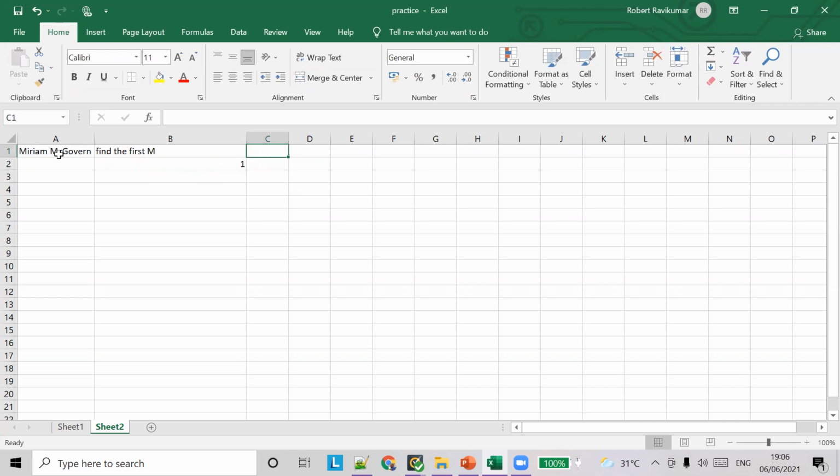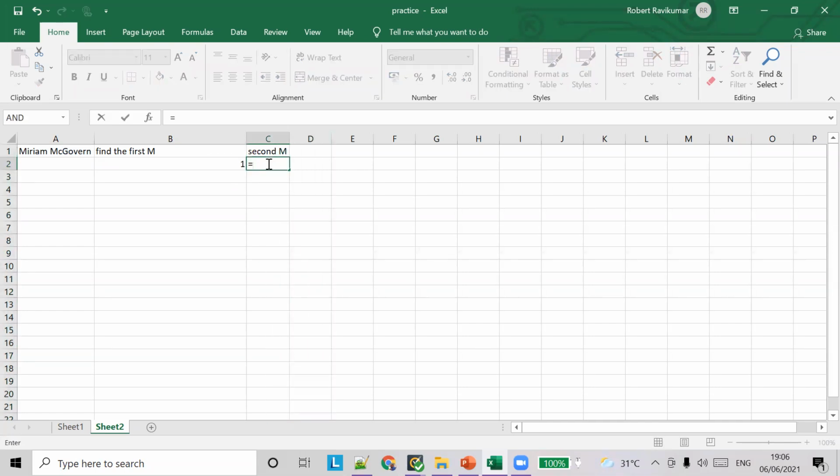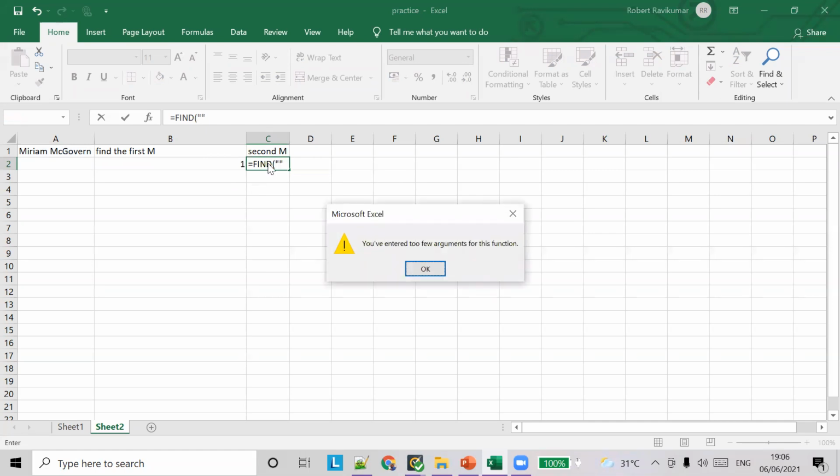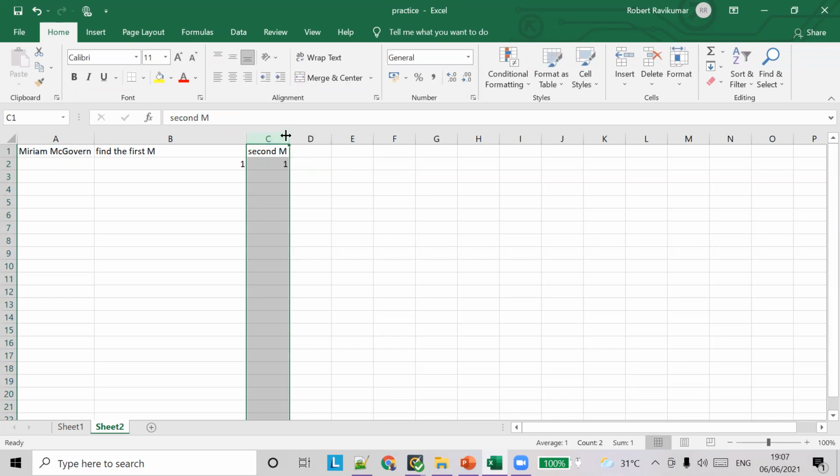So let's say I want to find the second M here, okay. So find the second M, okay. So what we have to do is give find text M, comma, within text A1. So start num. If let's say I give the start num as 1, right, you'll get the answer as 1, okay.